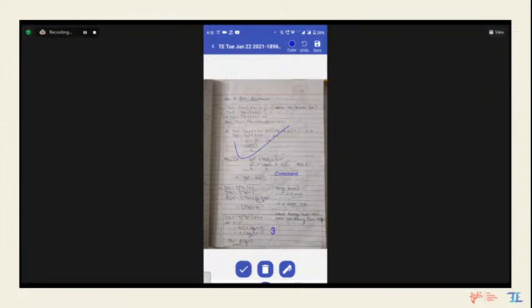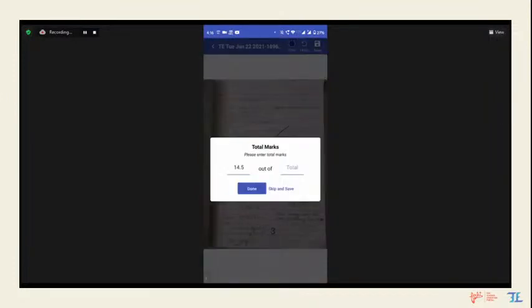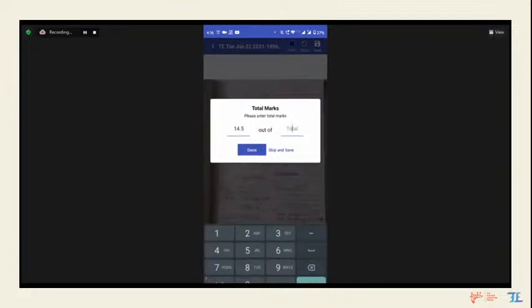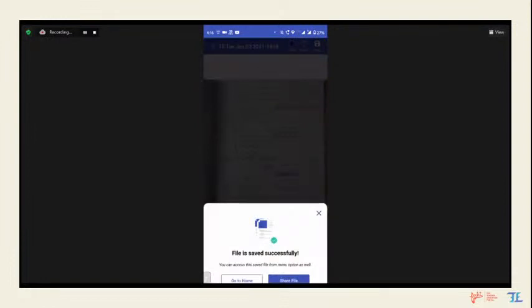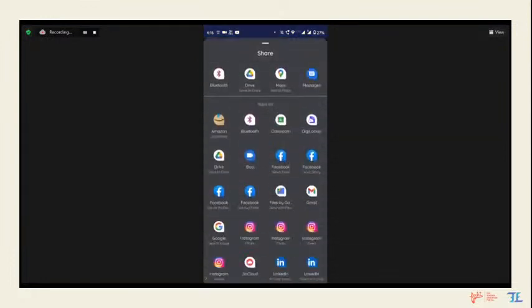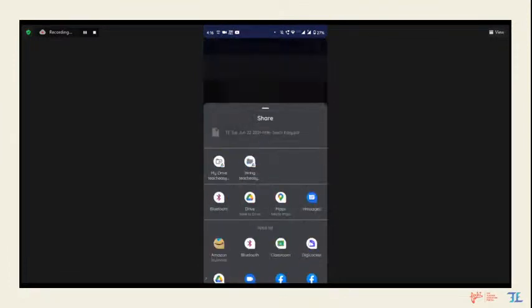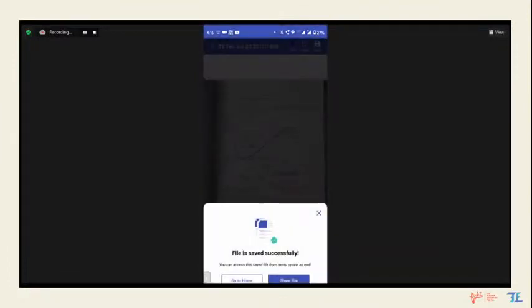And now students also are getting this as the output for them, the checked copy for them. So assume we have completed checking the file. We'll just go ahead and save the file. See, the marks are now auto totaled for you. As a teacher, you don't have to really total them. And I'll just write, let's say total marks, and I'll click done. When I click done, the file is being saved. And now in single click, you can share back the file to your students through whichever way you want. In single click, you can share the file back. So this is how the mobile app of Ttz works.